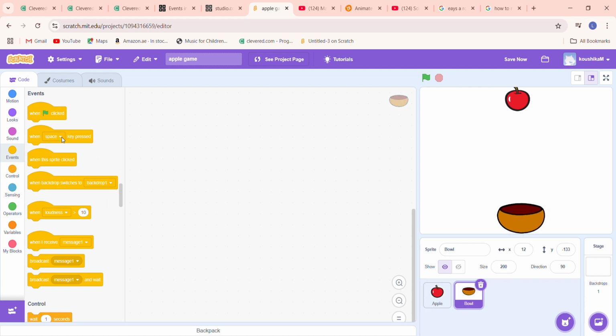So we'll go to events and then we take when space key pressed. If you want two of the same block, you don't need to go to the same place and get another block of the same block. You just right click and then duplicate and then you get another block. So on space